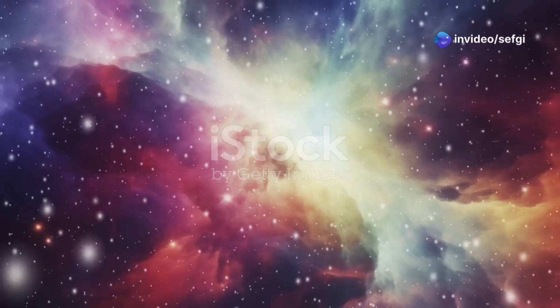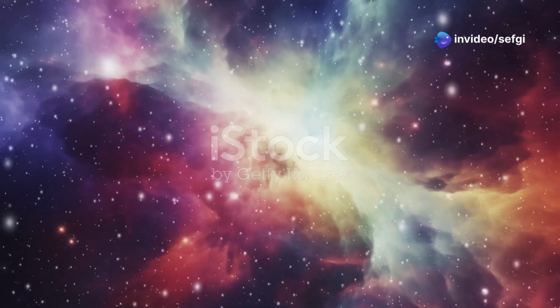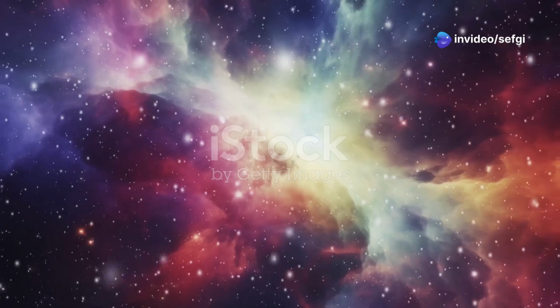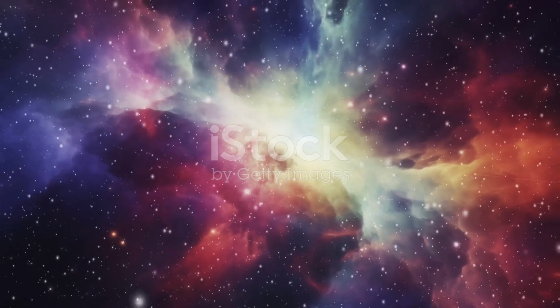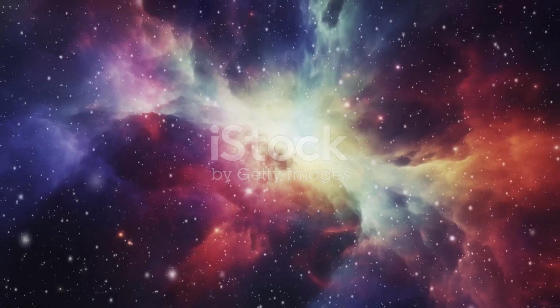Nebulae are composed primarily of hydrogen and helium, the most abundant elements in the universe, along with traces of heavier elements forged in the hearts of long-dead stars. These heavier elements, such as carbon, oxygen, and iron, are the building blocks of planets and life itself. They are the remnants of previous generations of stars that have lived and died, enriching the cosmos with their elemental